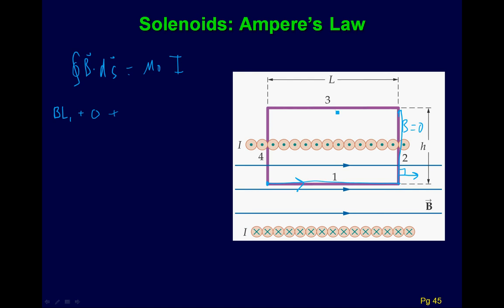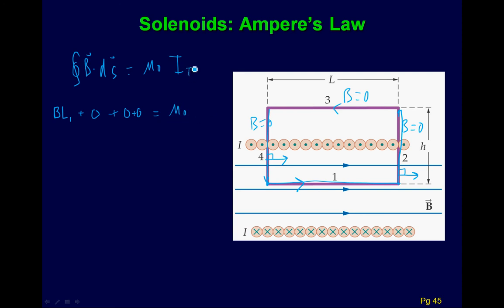Over here, leg 3, we're assuming that the B field is 0, so that cancels out. Finally, leg 4, the B field is 0 here, and again it's at 90 degrees here, so it would be 0 for segment number 4. Basically, there are 3 zeros that we're adding up, and then that equals μ0